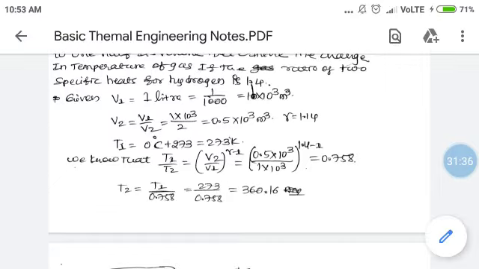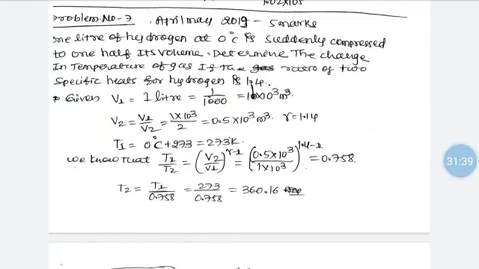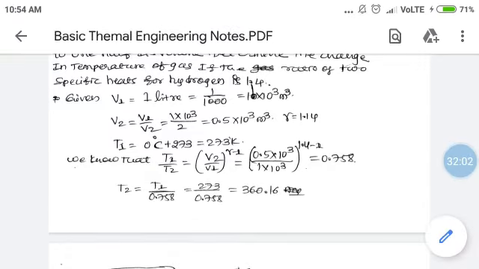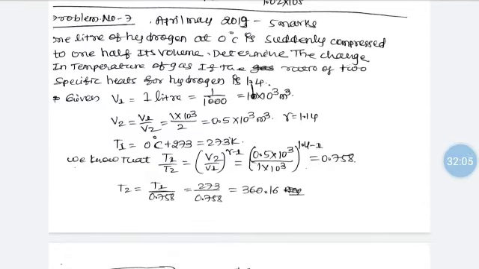So this question has been asked in the first unit as well as in the second unit. We will study this again in the second unit, because it is a problem based on the thermodynamic process, but sometimes it is asked in the first unit. Anyhow, we have discussed it here. When you study the thermodynamic process in the second unit, you will learn the temperature, pressure and volume relationships, how T1 by T2 is equal to V2 by V1 raised to gamma minus 1. There again this problem will be discussed, but most times it is asked in the first unit.